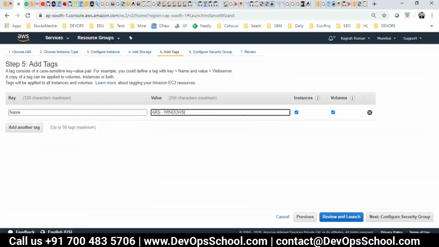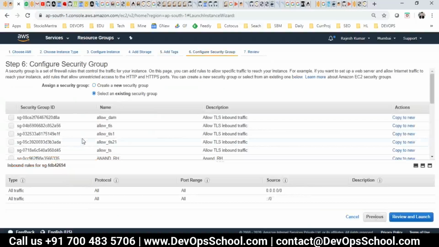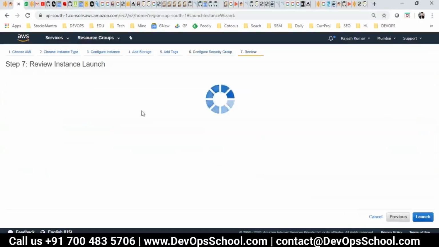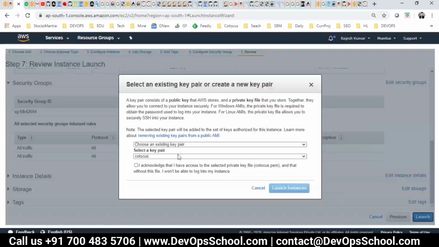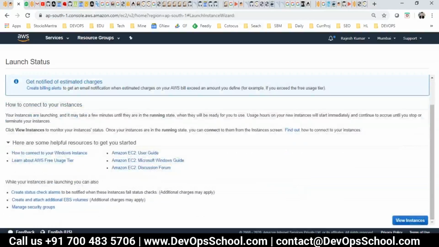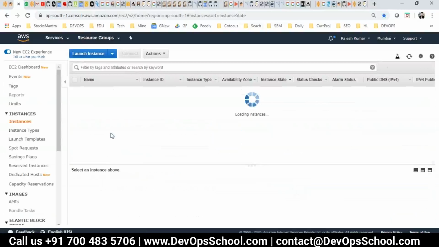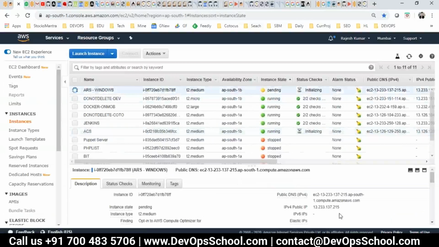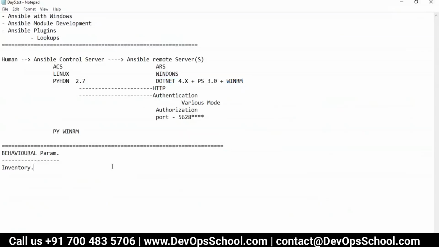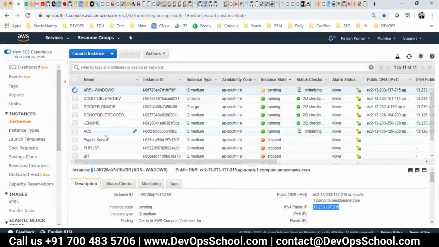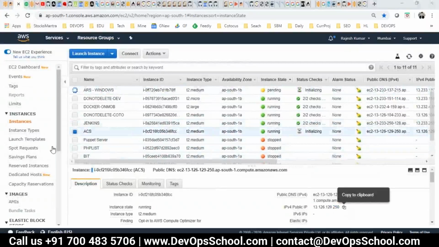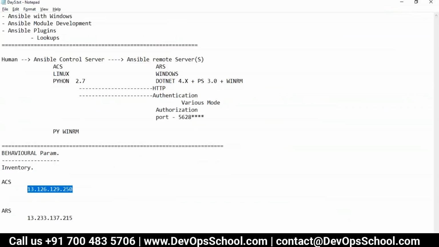ARS, Windows, and configuring security. Default. Windows takes around 4 to 5 minutes to boot up and for everything to be accessible. So I'll just create it and leave it as it is. So now I got all the required machines: ARS, which is Windows, and ACS, which should be created. It's here. So now let's go ahead and log into